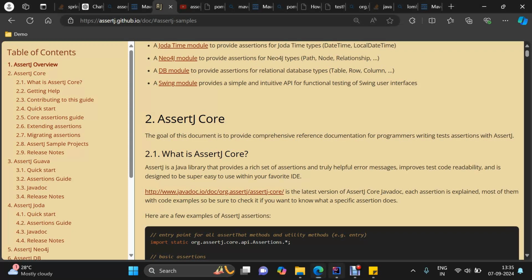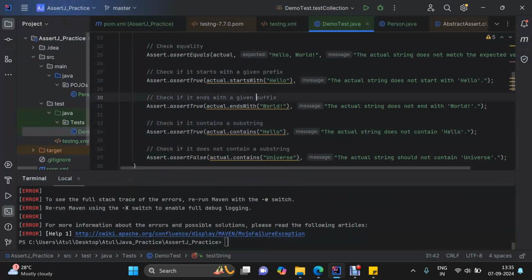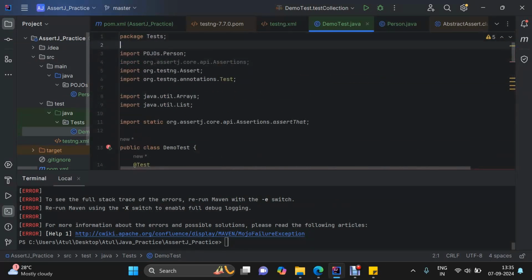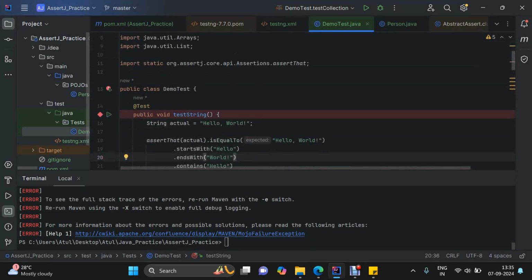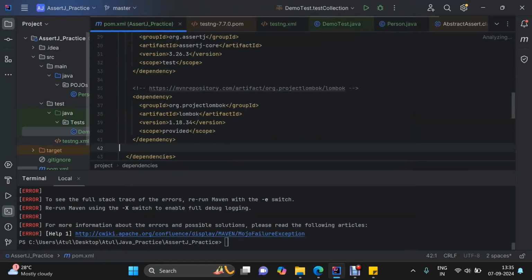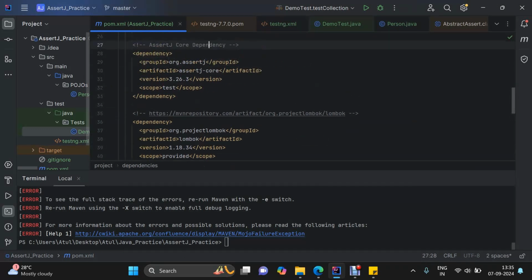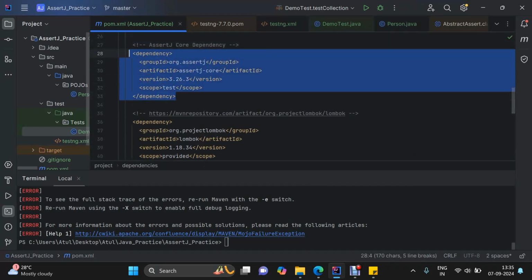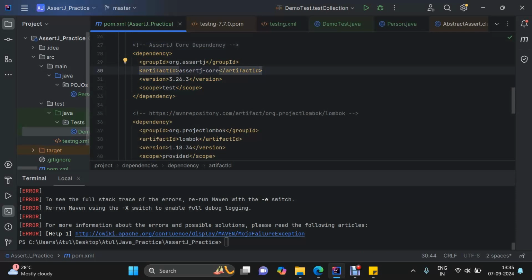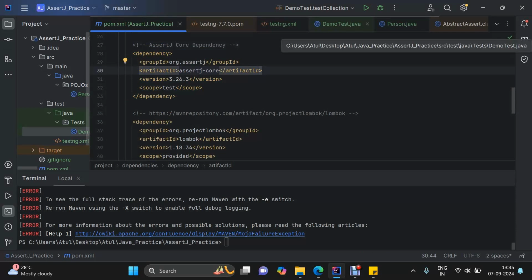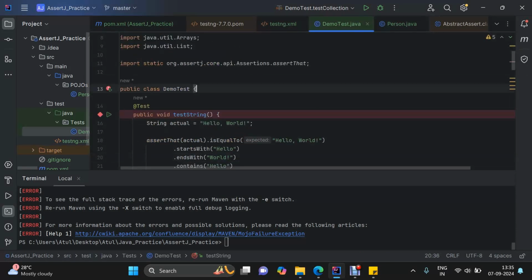So in my IntelliJ I have set up a TestNG based project, and for AssertJ let me quickly show you the library. As we just discussed, it will be AssertJ core, right? So I have taken this library, and then apart from that, if I go to the test again, so here